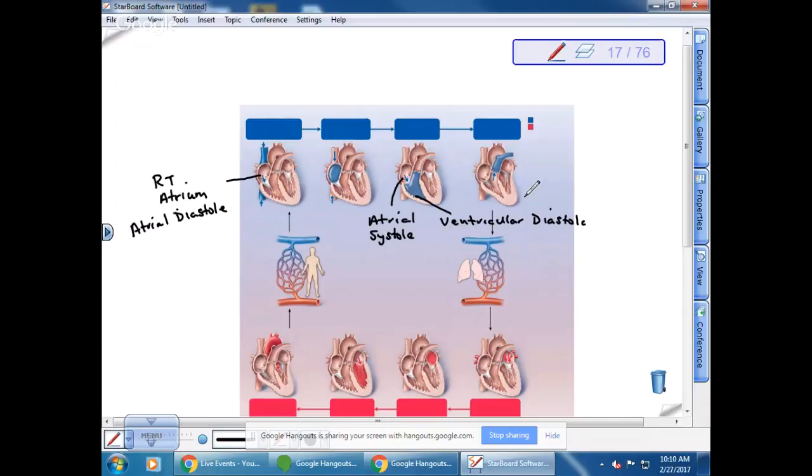Because the ventricle has to be relaxed if it is going to receive the blood from the atria. And so then you'll notice here that the ventricle contracts. And so this one would be under ventricular systole, and the blood comes out, and this is what we refer to as a pulmonary,